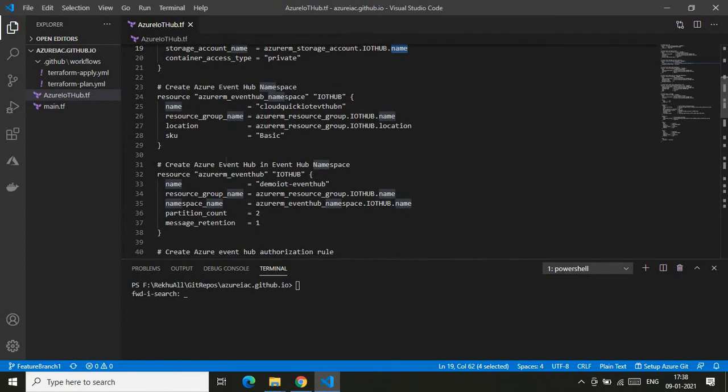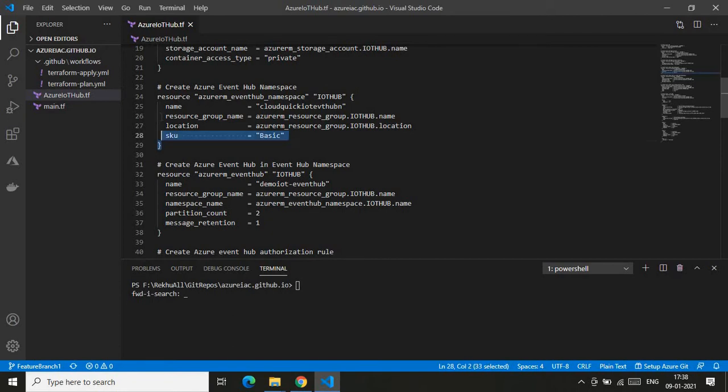And after that, we are creating the event hub as well. So here I'm using two endpoints: one is the storage account, the other one is my event hub. I create an IoT hub, and I will make two endpoints of this IoT hub so that the messages will be populated to these endpoints. That's what I mean in this demo. Henceforth I'm creating these two resources before I create the IoT hub resource.